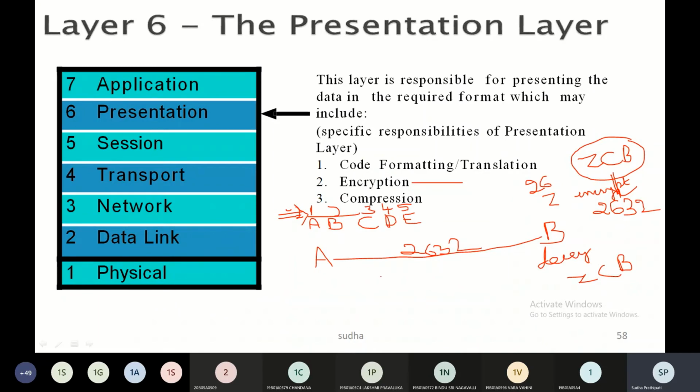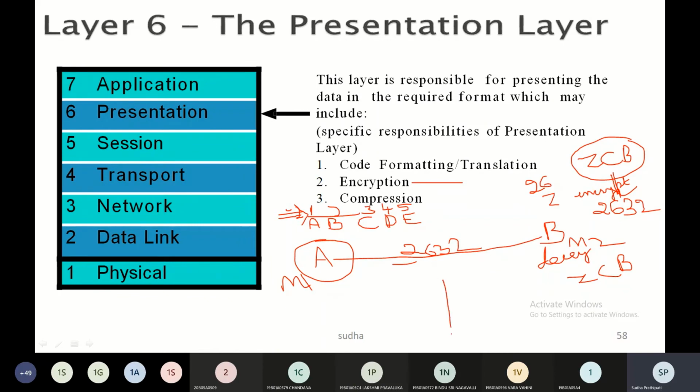The purpose of encryption is to maintain the integrity of the data. For example, say this is one military base and this is another military base, and they both are exchanging some information regarding attacking some other country. This is military base 1 and this is military base 2, and they're exchanging very important information, and that information is in the original text, like attack some base and so on.